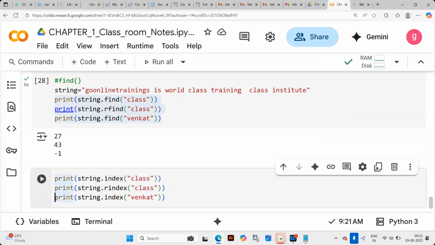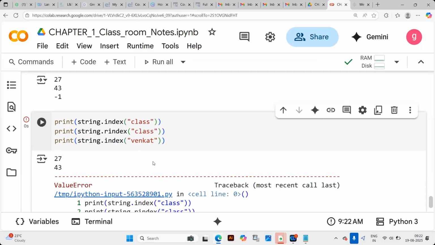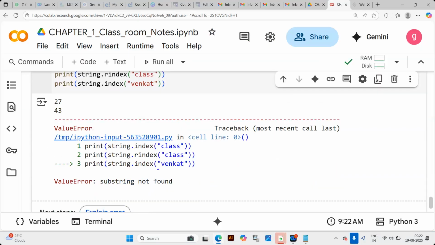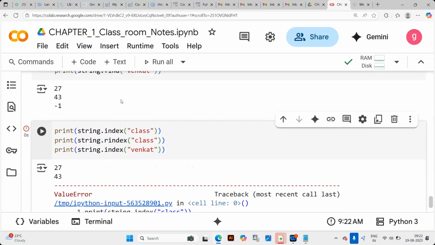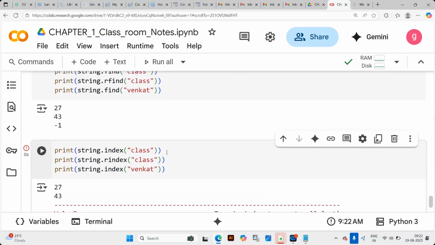You see, the same output is given. But when the string does not appear, the index function gives a meaningful message, which is substring is not found. That's the difference between index and find. Both are useful.